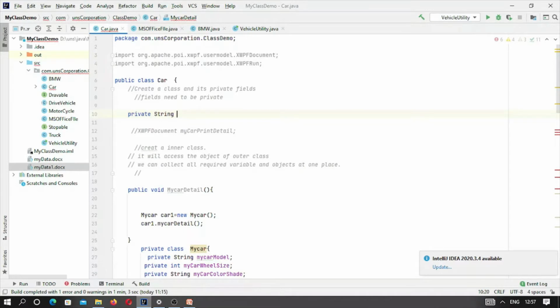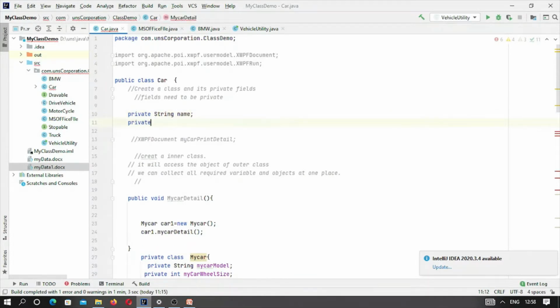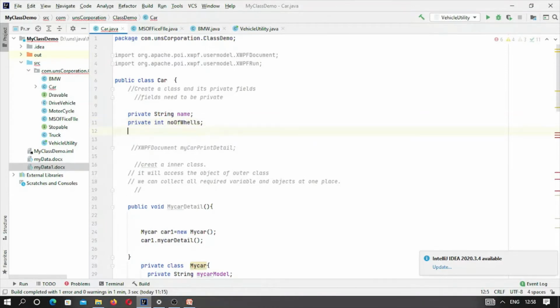String name, number of wheels, this certainly will be a field, and private string color.